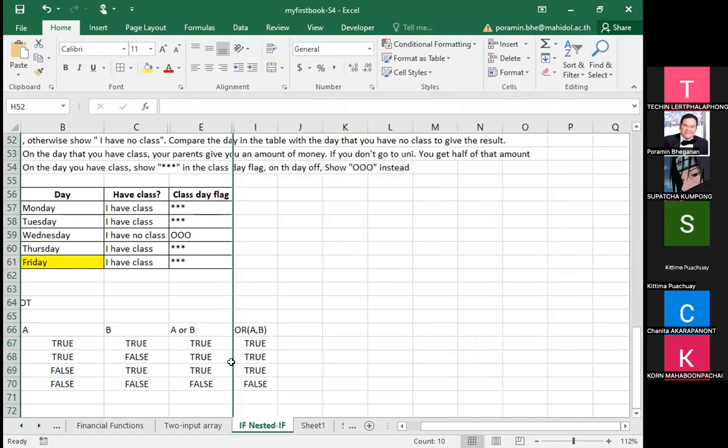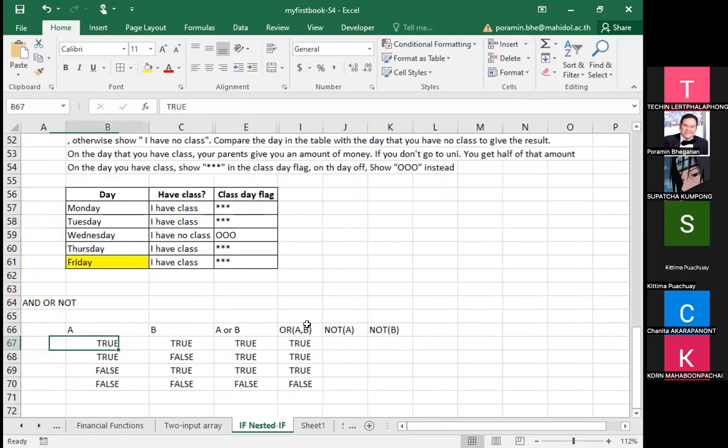Here it's comparable, same for this one. And lastly, when we talk about NOT, it's just like switch or reverse the value of the logical value that you enter